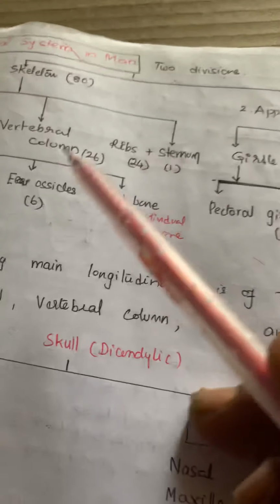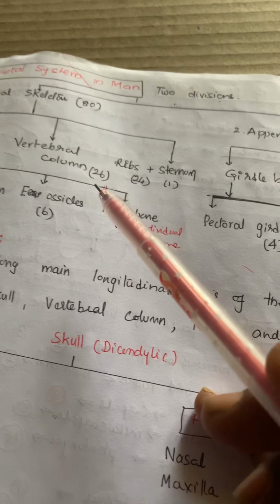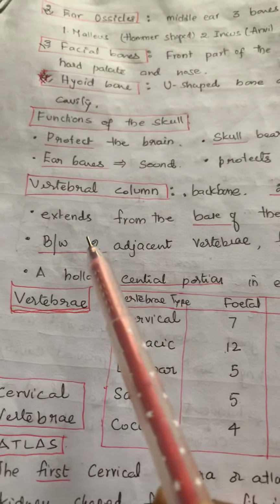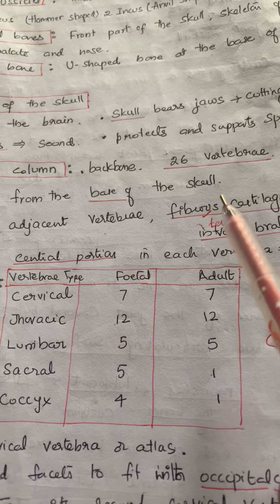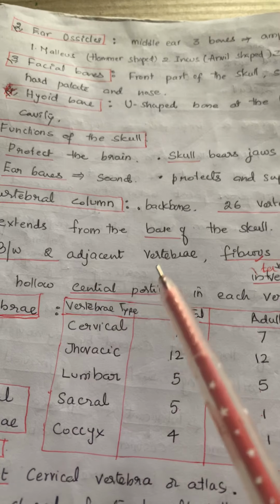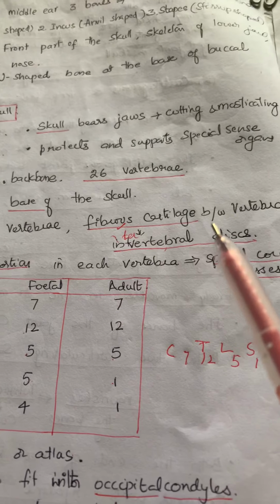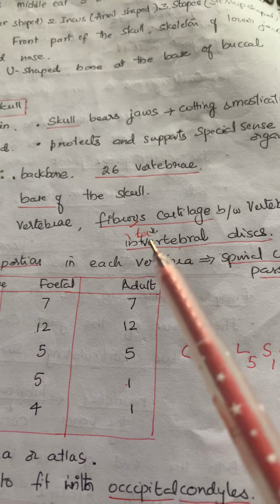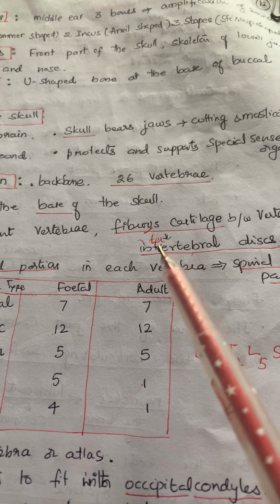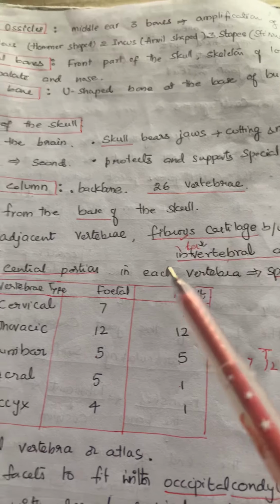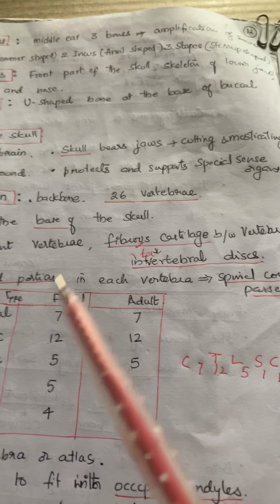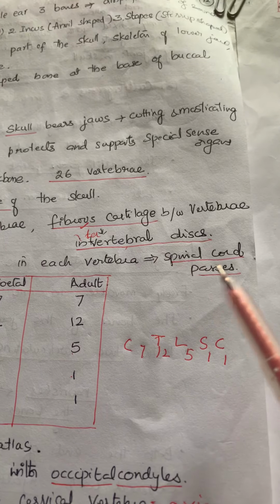Coming to the next part, that is the vertebral column, which consists of 26 vertebrae. It is nothing but the backbone. It extends from the base of the skull. Between two adjacent vertebrae, there is fibrous cartilage. They are called intervertebral discs. Fibrous cartilage is present in the intervertebral discs and also in the sutures of the skull bones, cranial bones. A central hollow cavity or canal in each vertebra is present, that is for the passage of the spinal